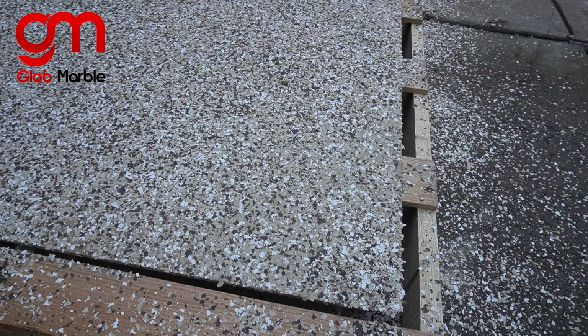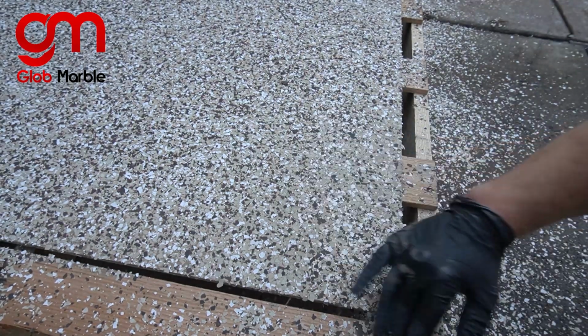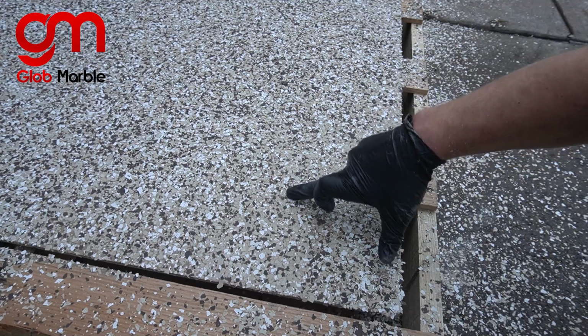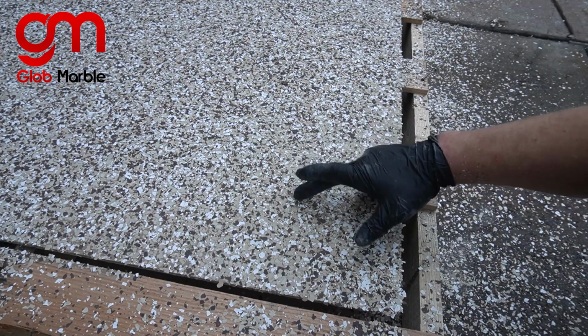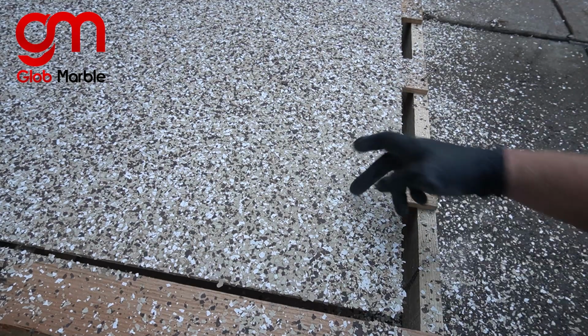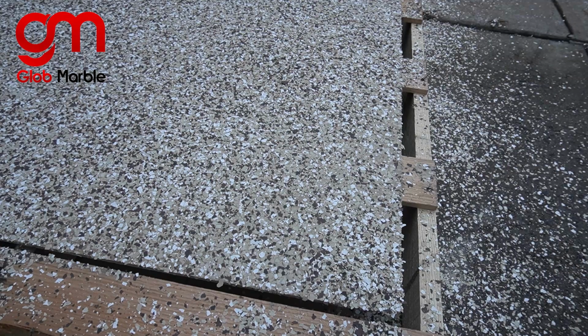So here's a little update. It's 20 minutes from last time I showed you my phone, and if we look at it, I'm pushing on there with all my force and it's still taking off. I'm not comfortable with it, but for it to get this much progress in 20 minutes, that epoxy just can't